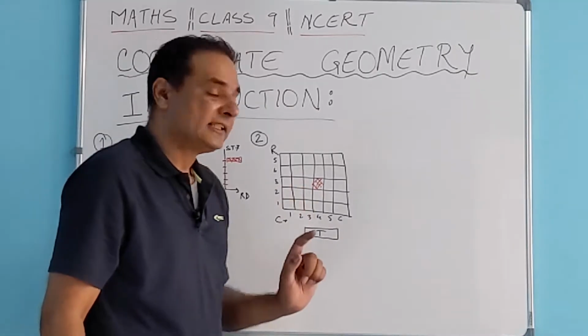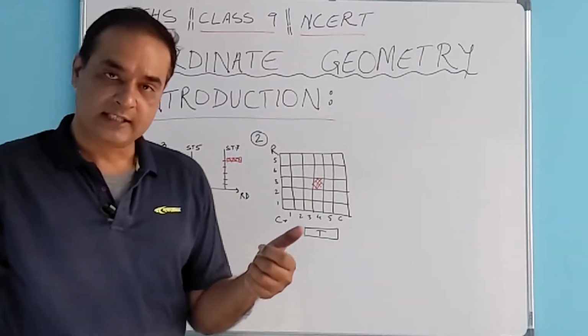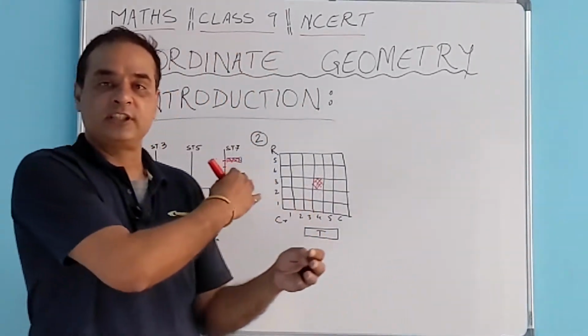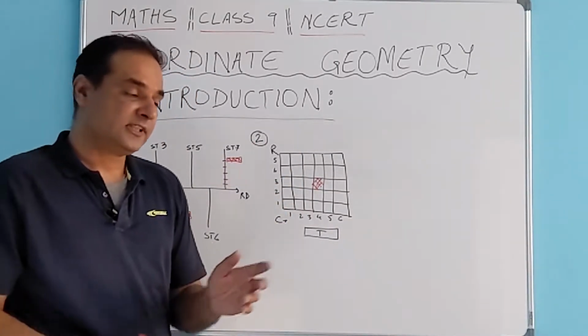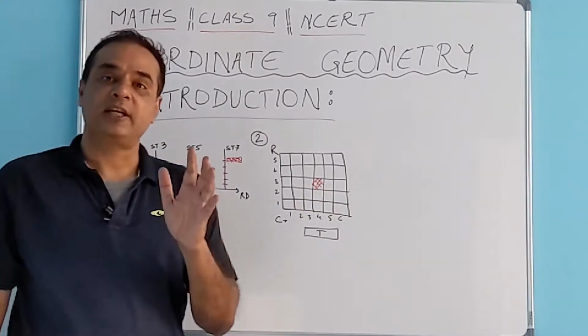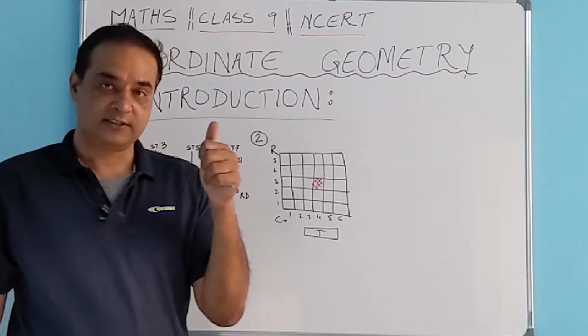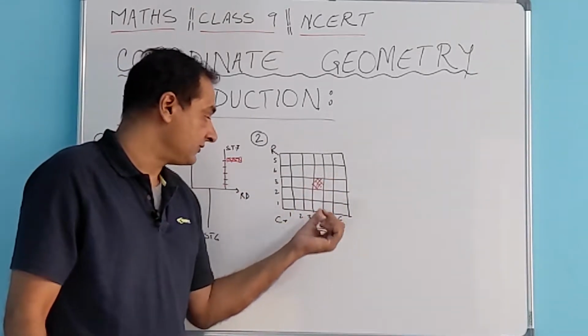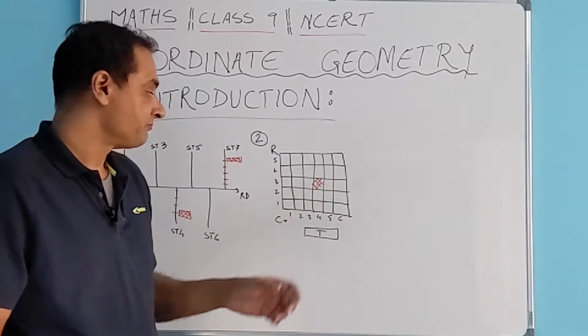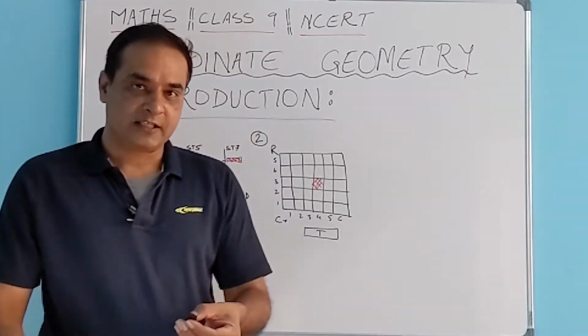So that's the way a teacher can identify or locate a student, that it should be on row number 3 and column number 4. Again, observe that this location can be identified by two pieces of information. First is the row number, which is 3, and second is the column number, which is 4 in this case. Let's look at another example.